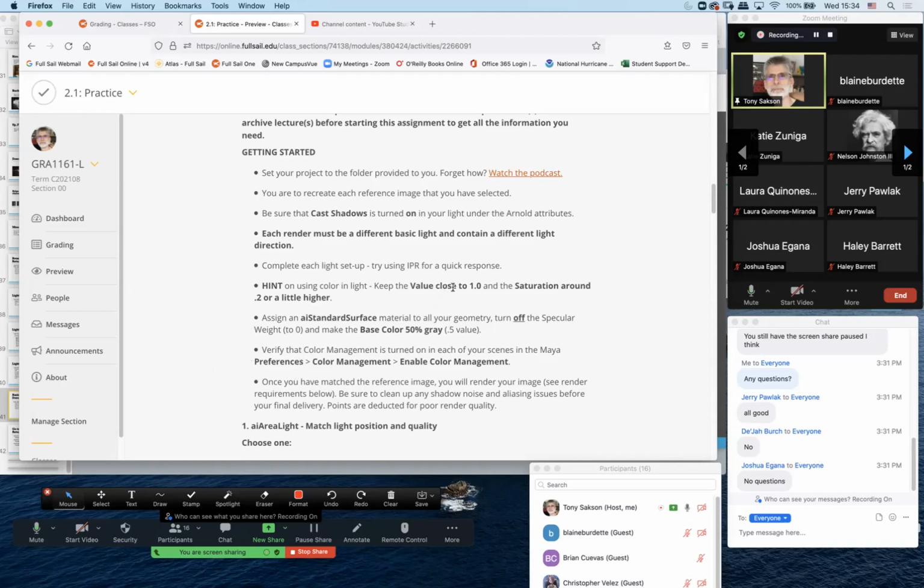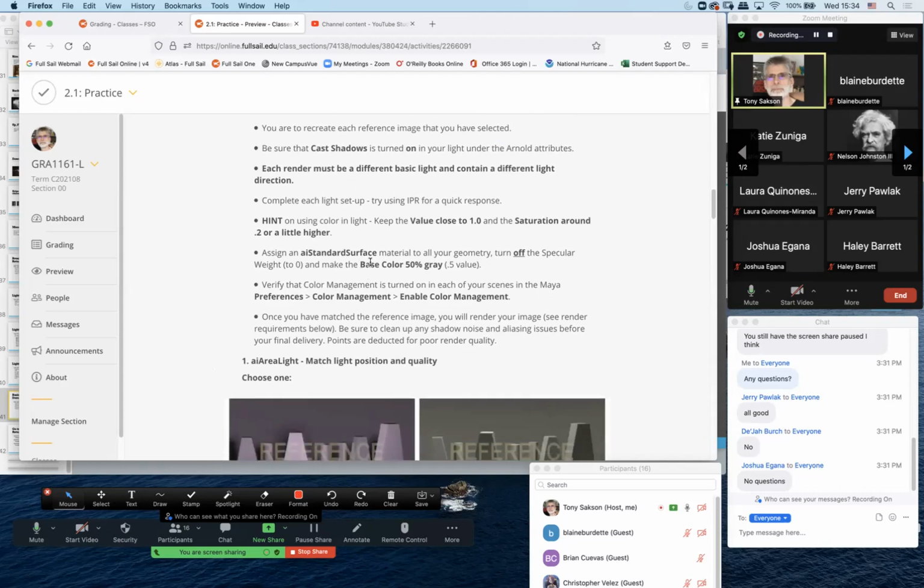You're going to be using IPR for a quick setup. That's going to be super simple. You load your reference in. That's pretty easy. If you need to add color in the light, you're going to keep the value, which is